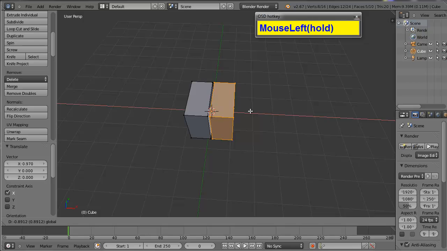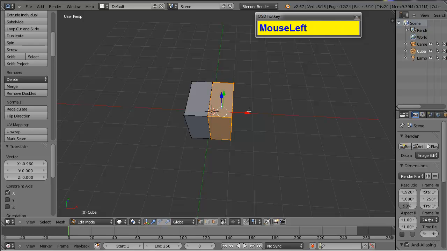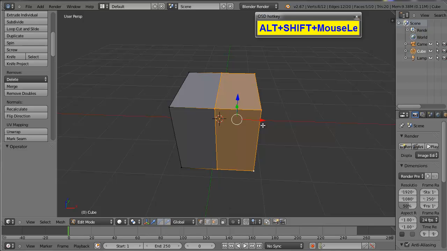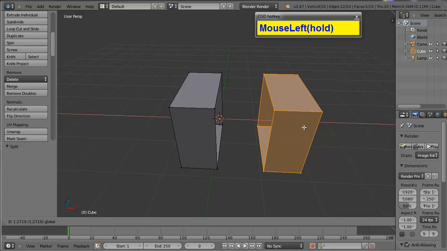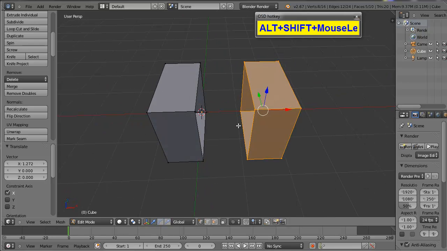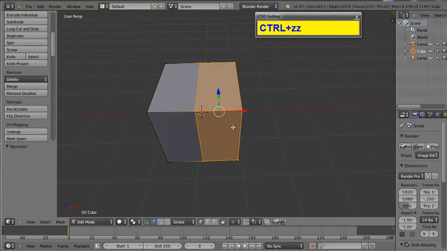It basically just separates the faces. When these are connected, if you stretch this out, it stretches out the side here. But Y makes it where that's a separate piece instead of it separates vertices. So yeah. Anyway,